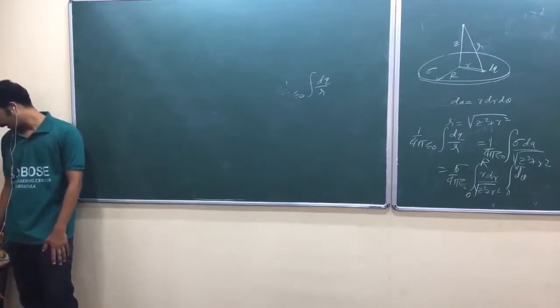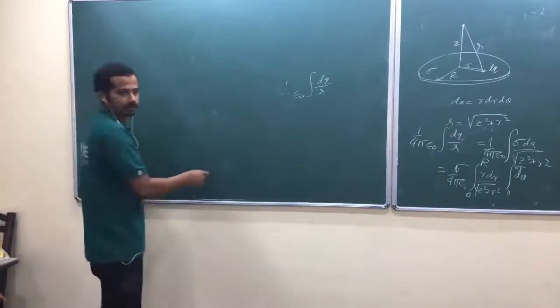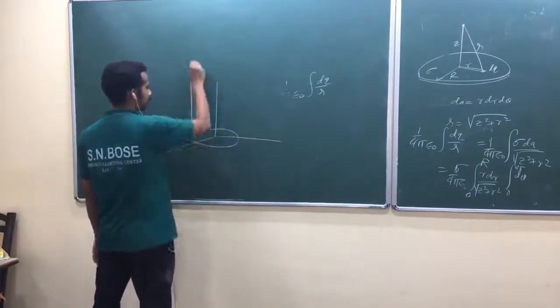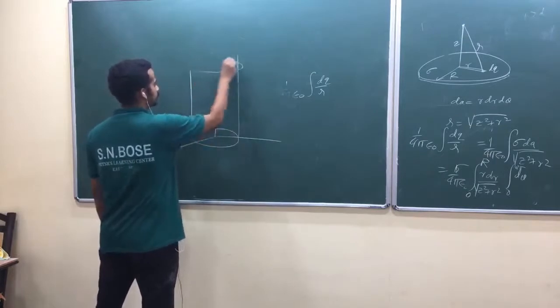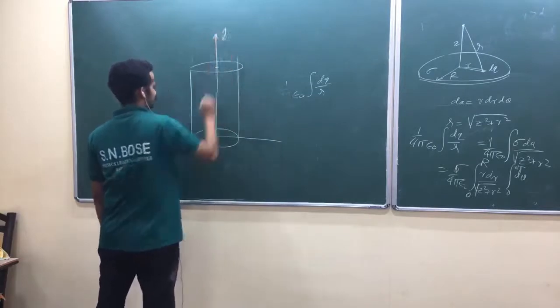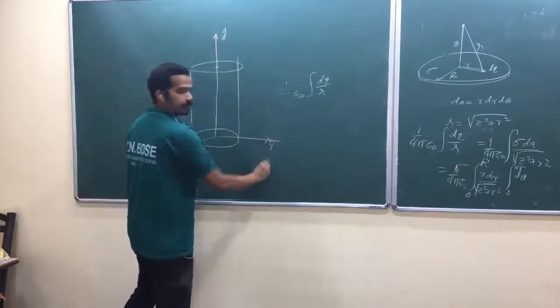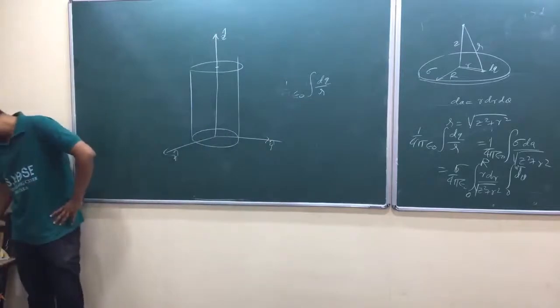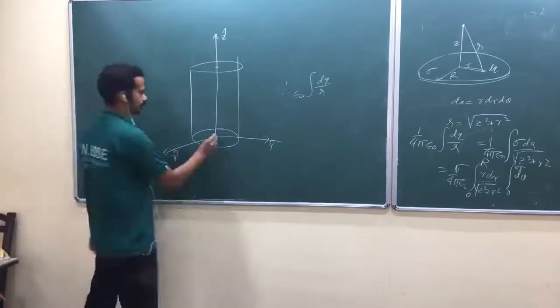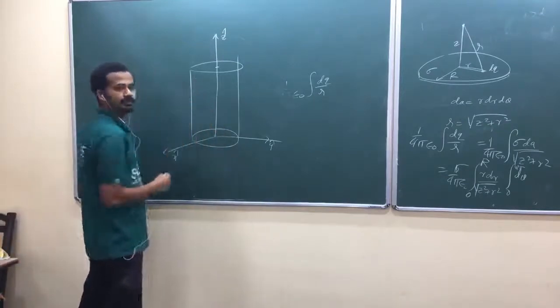Find the potential on the axis of a uniformly charged solid cylinder at a distance z from the center. What do you mean? You got that one? What is he talking about? Is it placed like this? Like this? x cap, y cap. What is the potential on the axis of the uniformly charged solid cylinder at a distance z from the center? z means, should I take outside or inside?